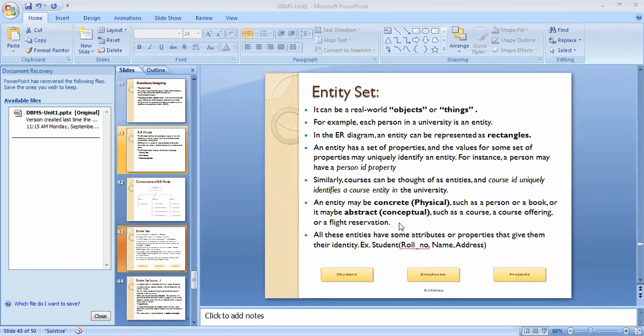And it may be abstract or conceptual, for example, course offerings, courses, as well as flight reservations. So these are conceptual. All these entities have some attributes. Attributes means properties that give them their identity. For example, for students, as we have already seen, roll number, name, address.